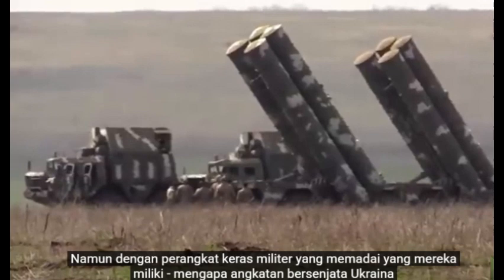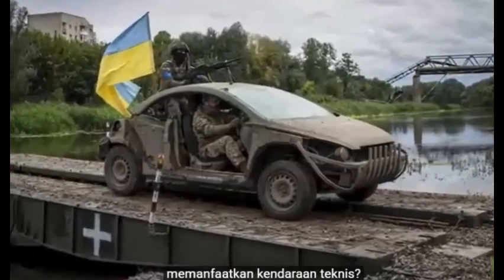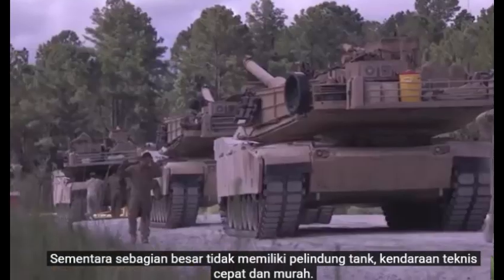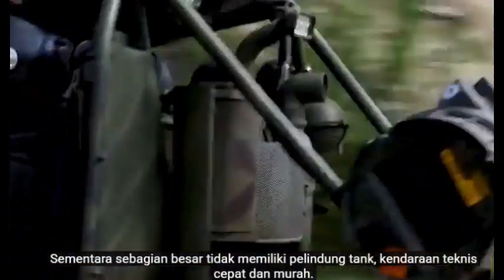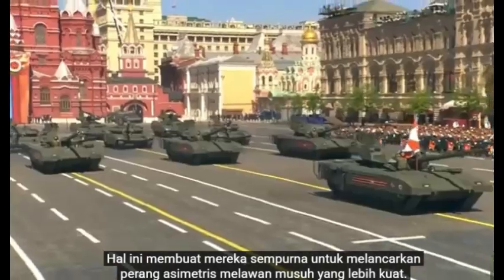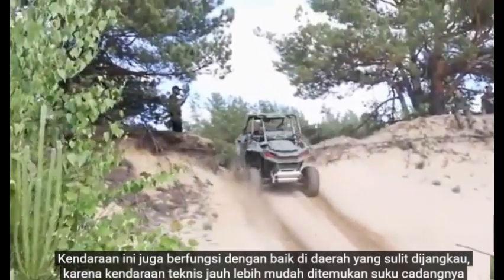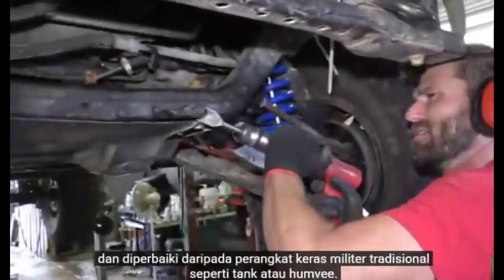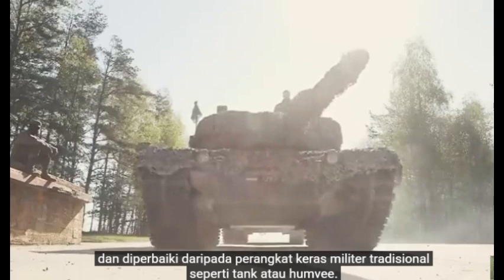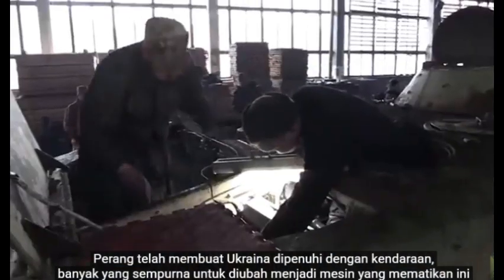But with sufficient military hardware at their disposal, why are Ukrainian forces utilizing technicals? While most lack the armor of a tank, technicals are fast and cheap. This makes them perfect for waging asymmetric warfare against a stronger enemy. They also do well in hard-to-reach areas, since technicals are much easier to find parts for and repair than traditional military hardware like tanks or Humvees. The war has left Ukraine filled with vehicles, many perfect for